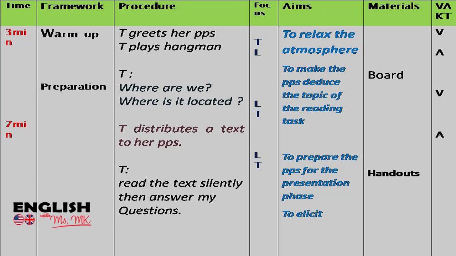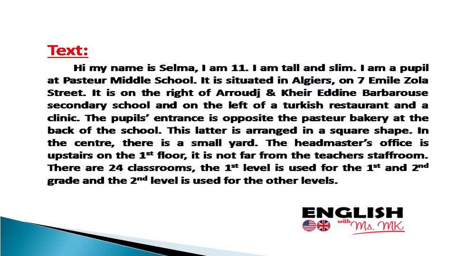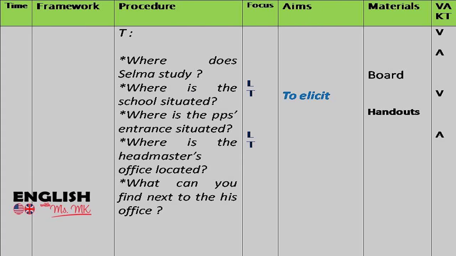Then, I distribute a text for my pupils. Of course, your text should be presented in handouts. I ask my pupils to read the text silently, then they answer my questions. Here is the text I prepared for them. After they read the text, maybe two to three to four minutes maximum, I'm going to ask them some questions in order to elicit from them. What is elicited? It is to get as many answers as possible in order to use them for my presentation phase